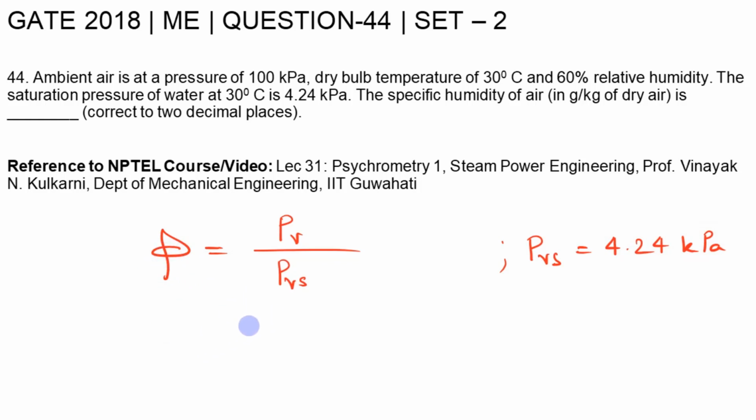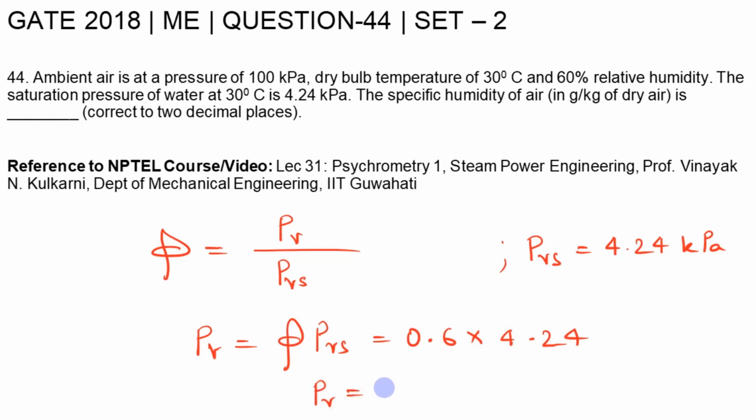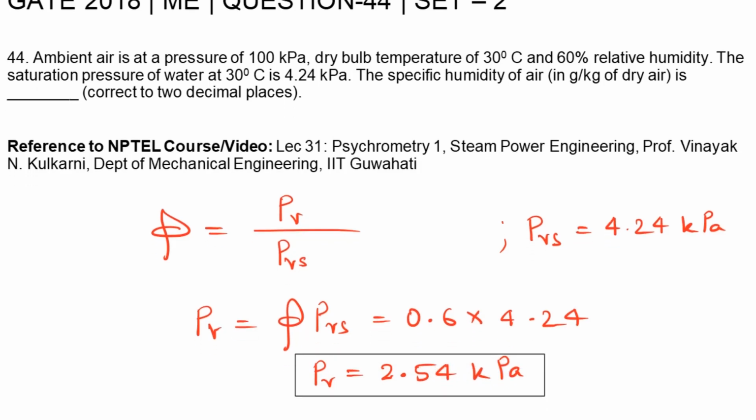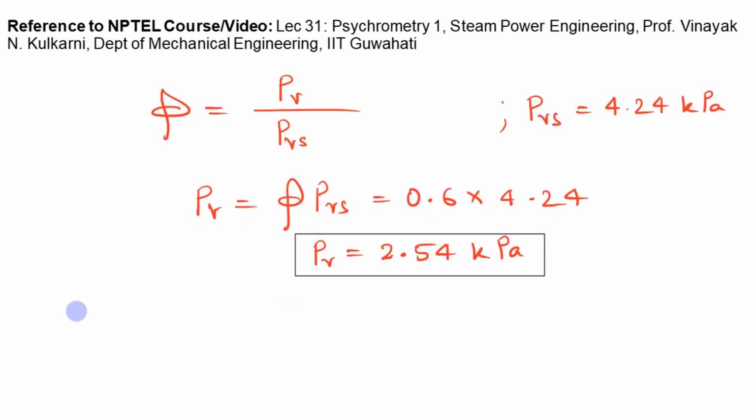So from here we can find PV. PV will be equal to phi into PVS, and phi is 60%, that is 0.6, into PVS, which is 4.24 kilopascal. Therefore PV is equal to 2.54 kilopascal. Now from the definition of specific humidity, let's write it here, specific humidity,